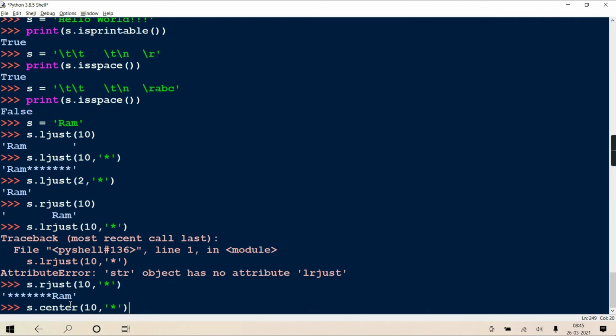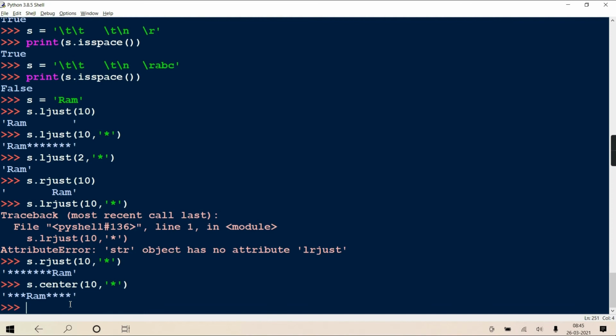Now how many remaining places are there? Total length is 10. Your string is Ram, which is going to take 3 characters. So the remaining 7 places are there. So it will divide them. When dividing, the lesser will come on the left side and the greater on the right side. See, total how many characters are there? 10.